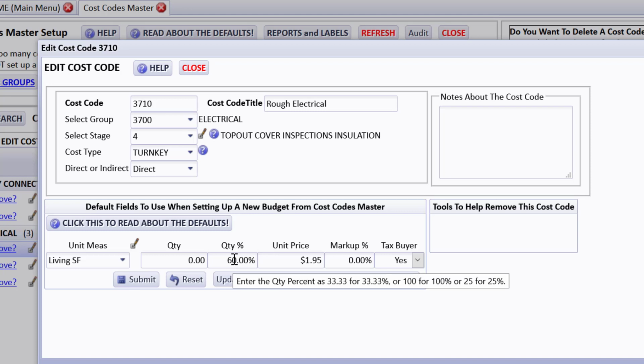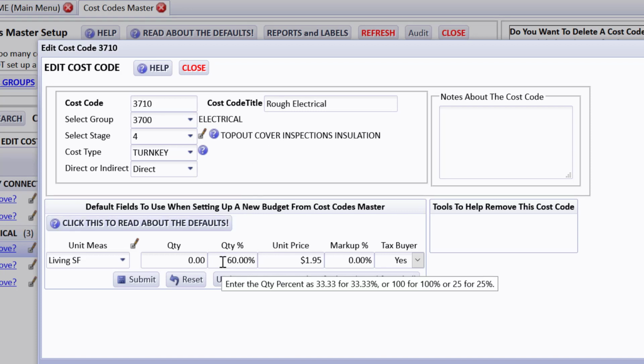Now this builder is splitting electrical between rough electrical and final electrical, putting 60% to rough and, if I drill down on it, 40% to the final. And then putting a unit price in. What will happen on the budget when you open it is it will have the quantity, and it will multiply that times 60% and times the unit price. Pay no attention to my prices, these are very old from when I started writing CHS, so they might be higher. You also can of course change any one of those on the budget line after it drops in,